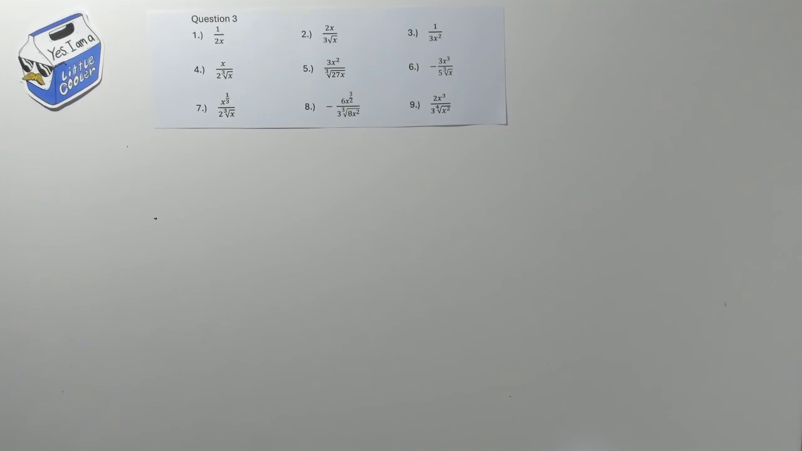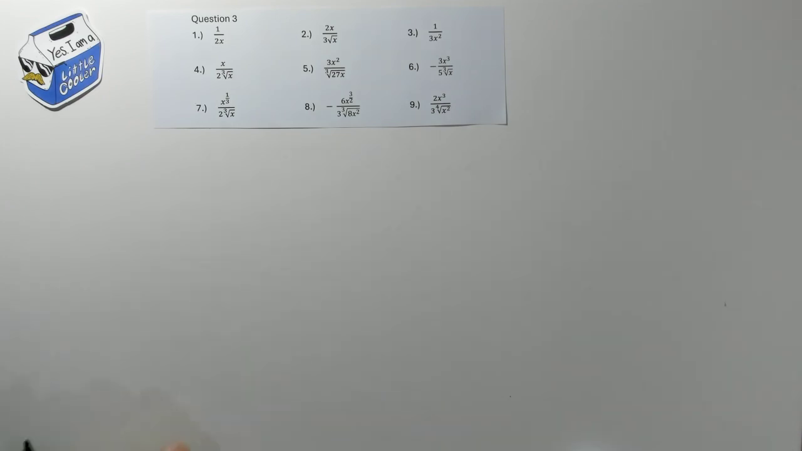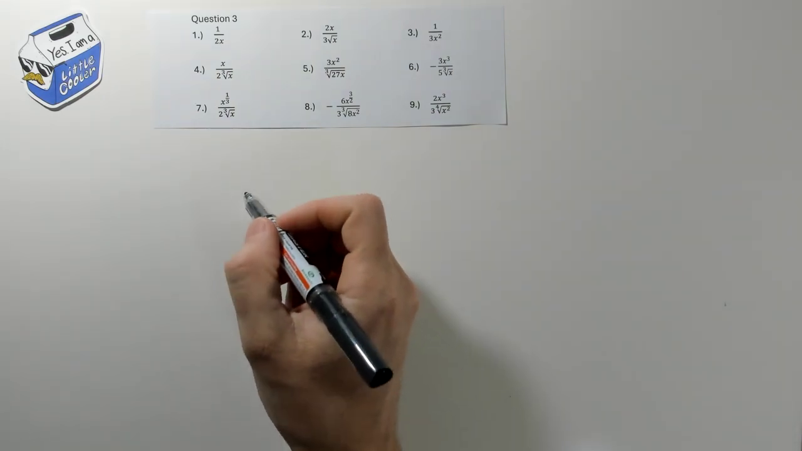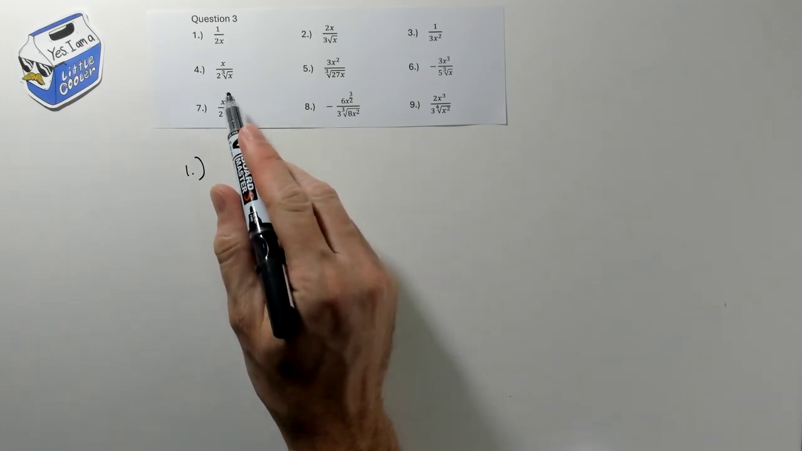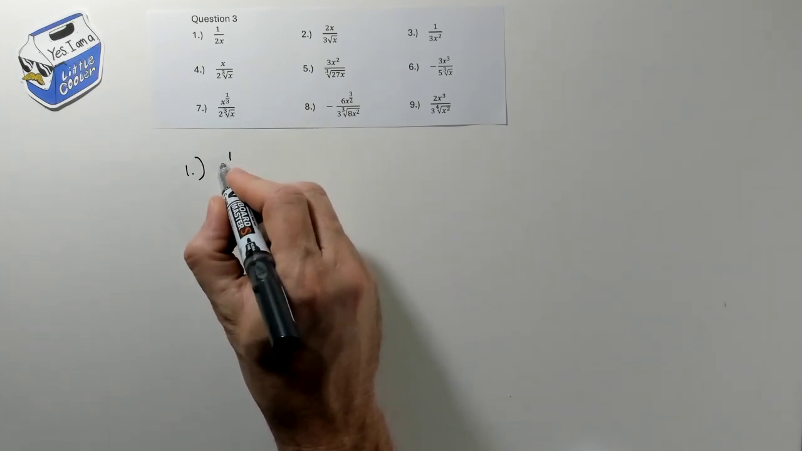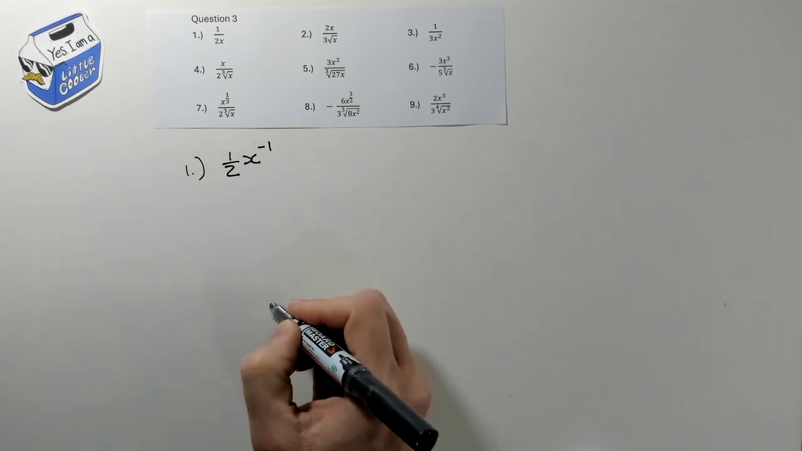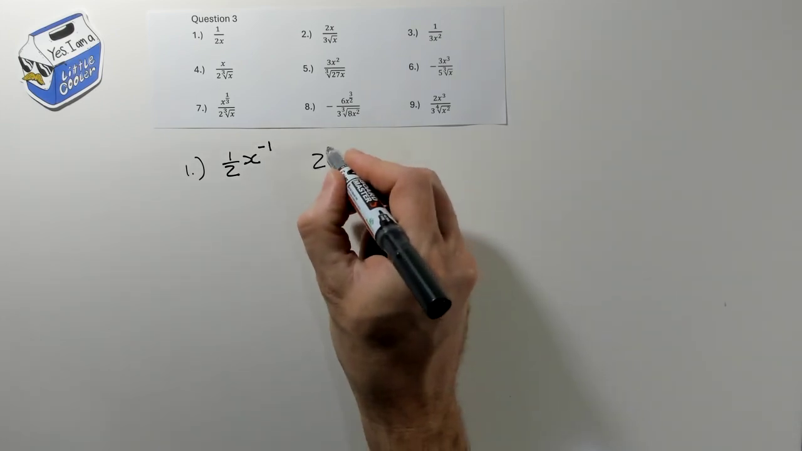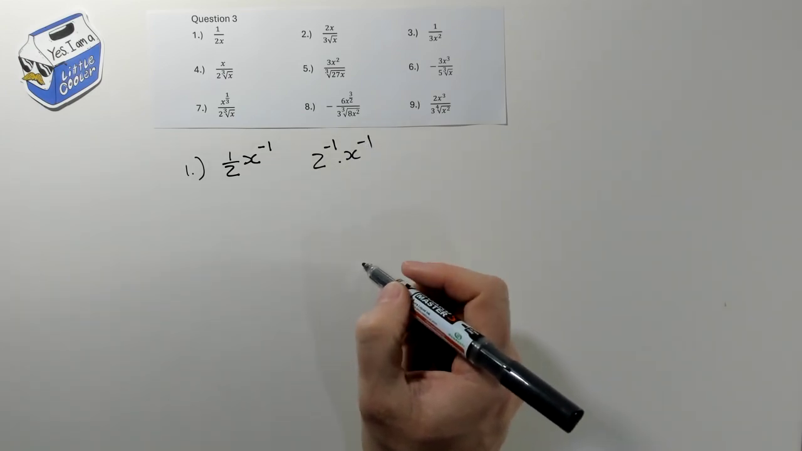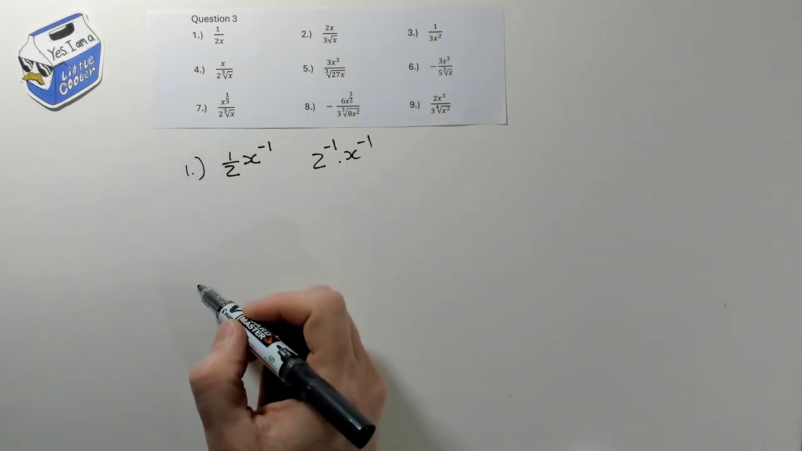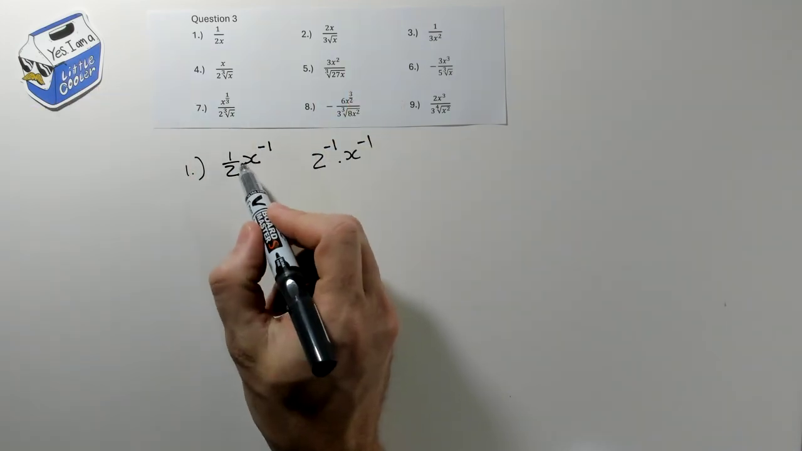Okay, welcome to the third video of indices, just kind of a practice round. This should be a bit more tricky. So number one here, I have 1 over 2x. I would just write that as a half and then x to the power of -1. You could write it as 2 to the power of -1 times x to the power of -1. But I think this is probably more convenient to just shift all the numbers to the front and have the